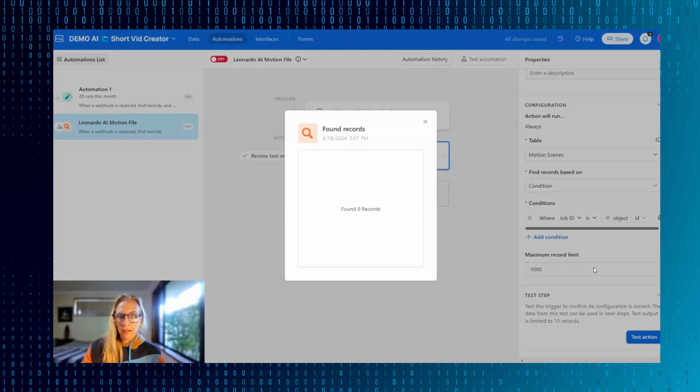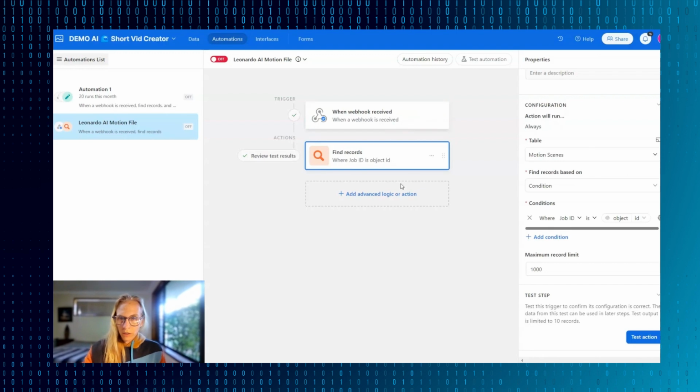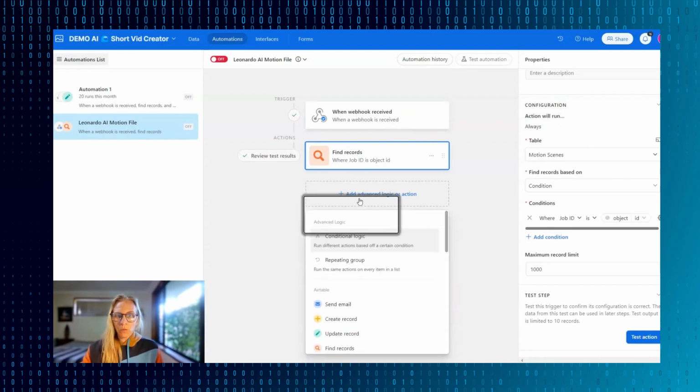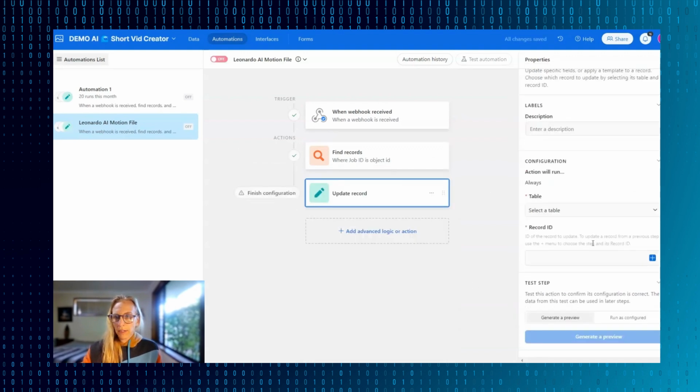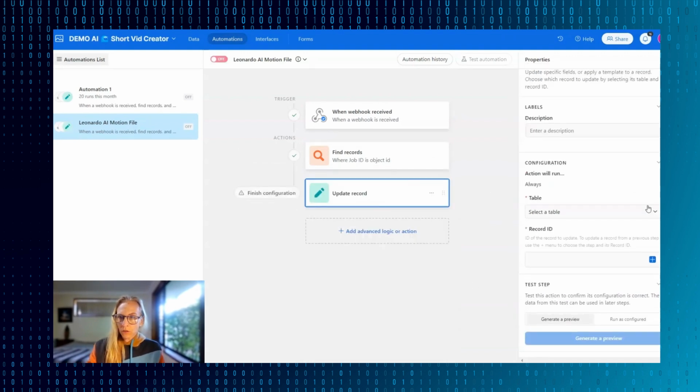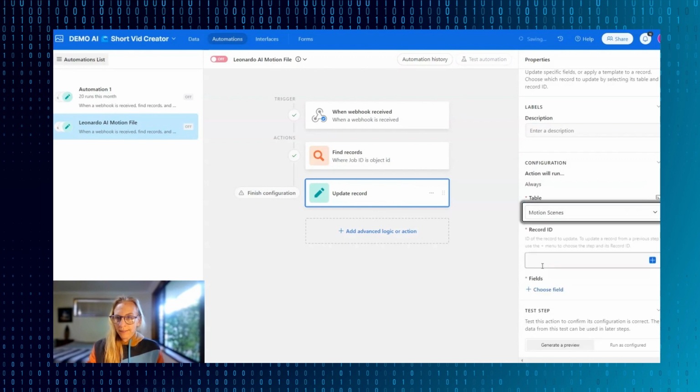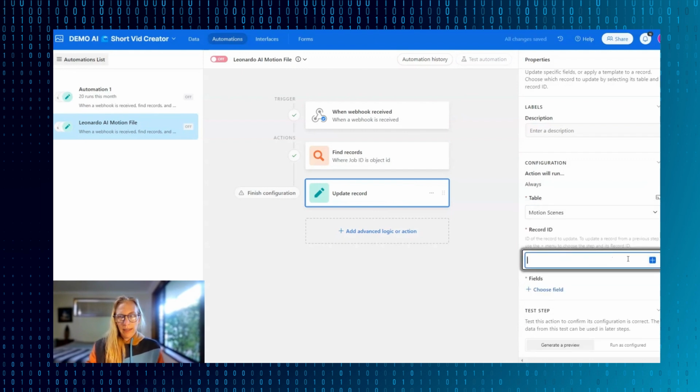It might not come up with anything because I haven't actually run the webhook yet, but essentially it's working. Now the next thing is we'll need to actually update the record. So I'm going to add update record. Now the table we want to get into, obviously we're updating motion scenes, the record ID, so it's an Airtable. So this time to update